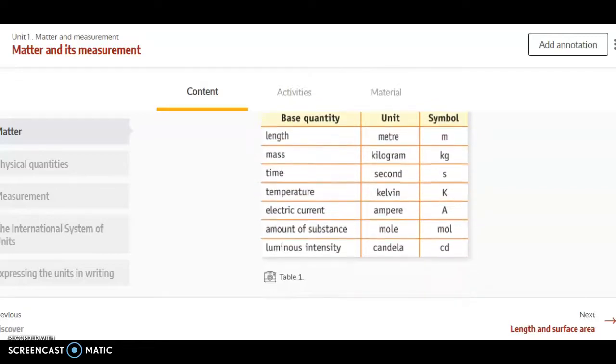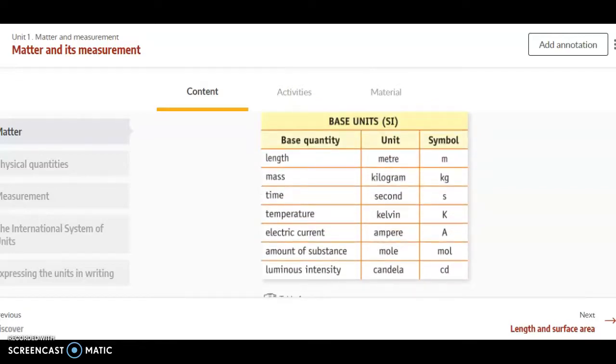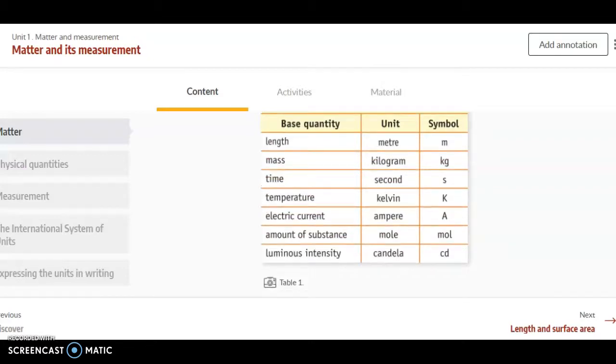You have to know the units: for length, the meter; for mass, the kilogram; for time, the second; and for temperature, the Kelvin. Notice how they are written in lowercase, and look at the symbols. Meter is m, kilogram is kg in lowercase, second is s, and Kelvin is a capital K. Of the four that I'm going to ask, it's the only one in capital letters, K for